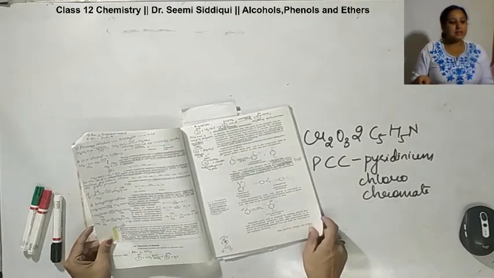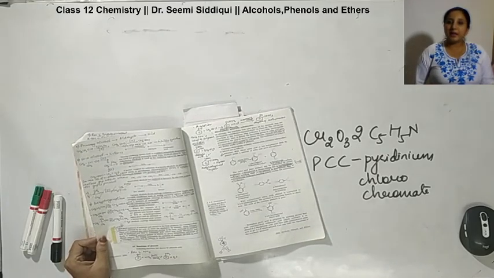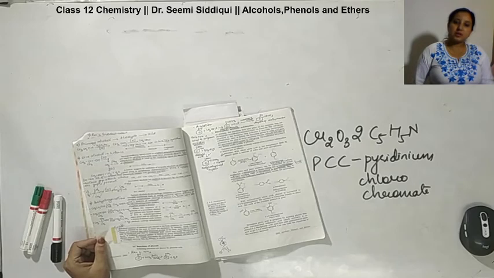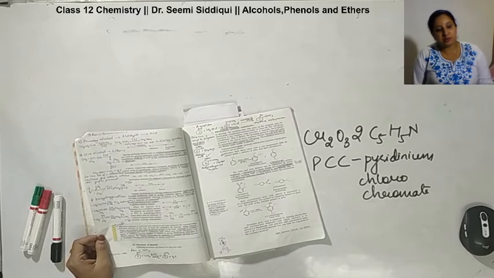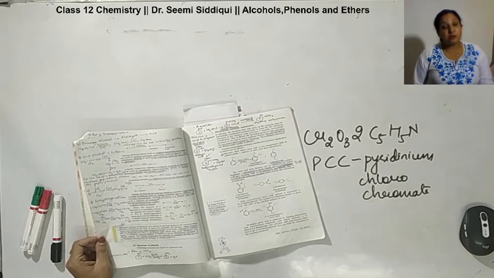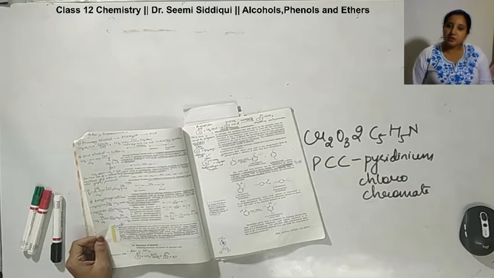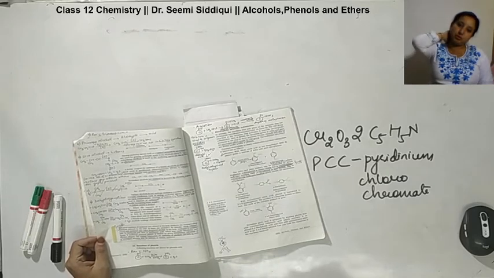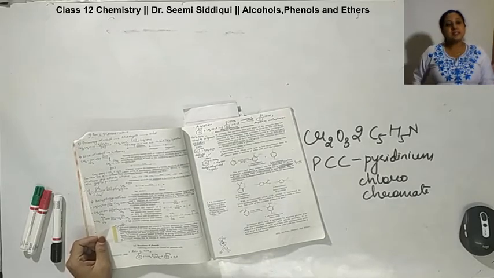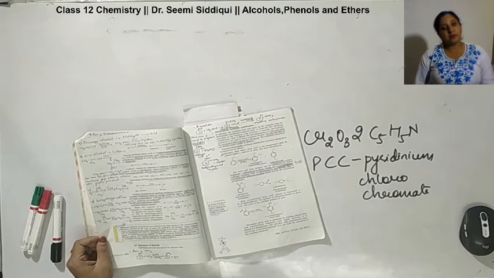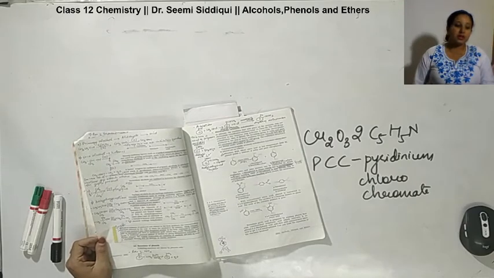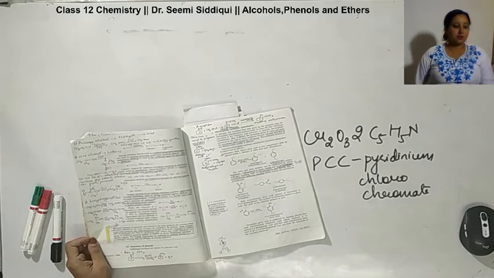I told you that always remember that if you are having a primary alcohol, अगर primary alcohol का oxidation होगा तो it is going to convert into an aldehyde and then the aldehyde is going to convert into an acid. If you want to stop the reaction at the aldehyde, then you need to put an inhibiting agent, and over there pyridine is used as the inhibitor. Secondary alcohol से अगर then it is going to convert into a ketone on the oxidation. Tertiary alcohol do not show oxidation reaction. They do not undergo an oxidation process.